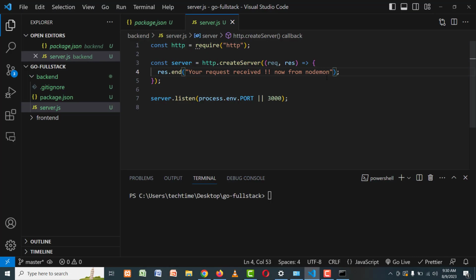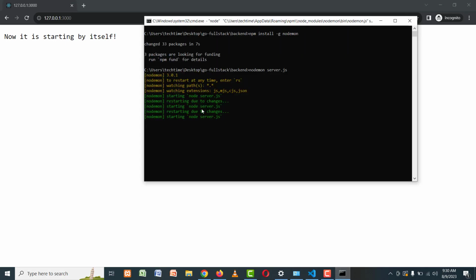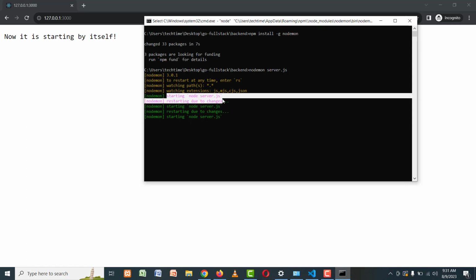What if I change a few more things? Now it is starting by itself. Let's come to our browser, and there it is. So our response is being generated without me restarting the server manually. So all the starting and restarting of the server is being handled by